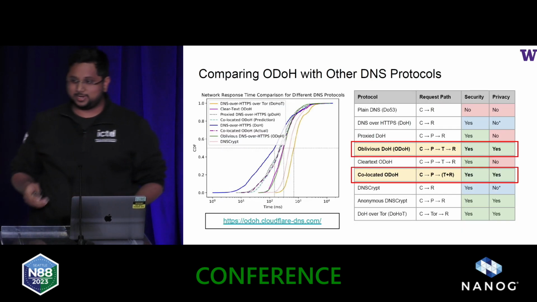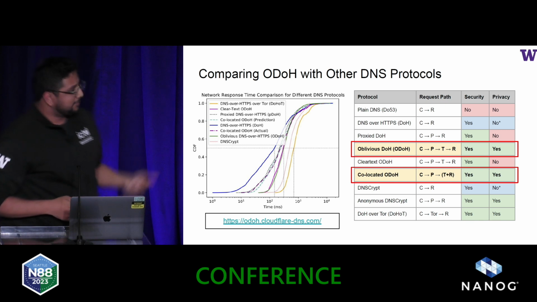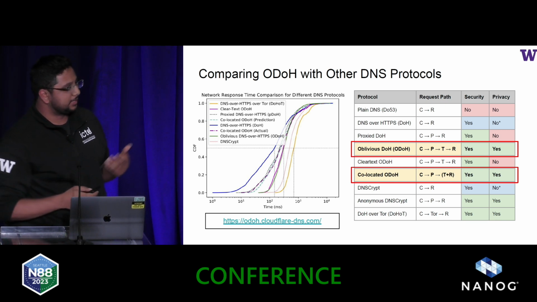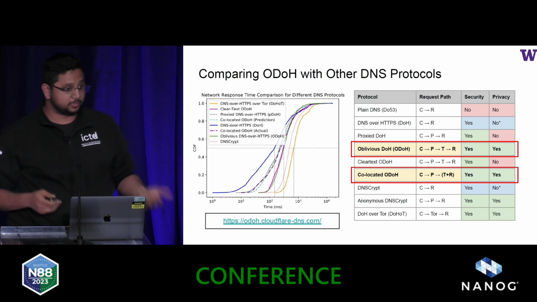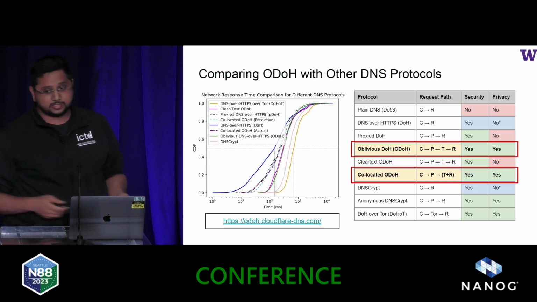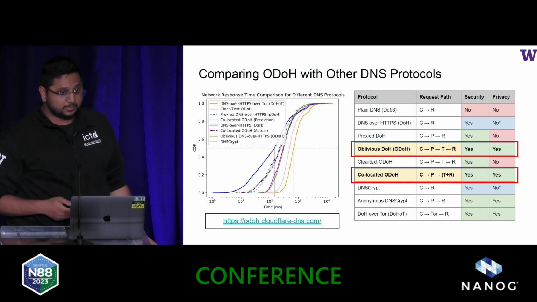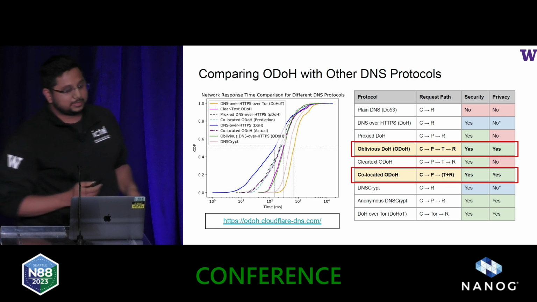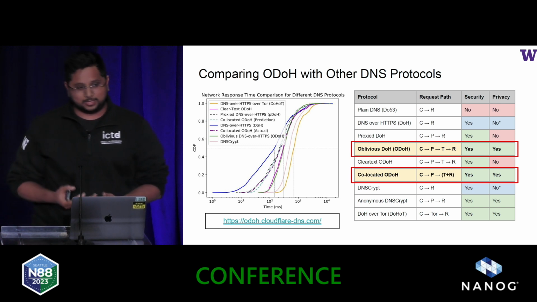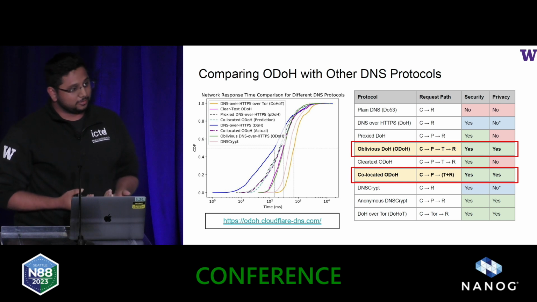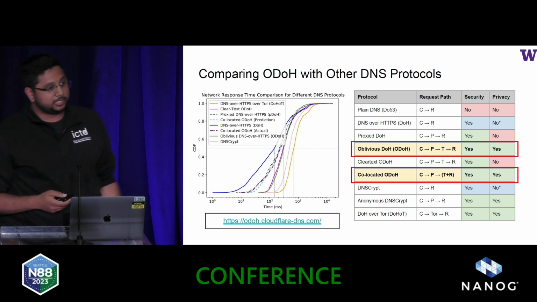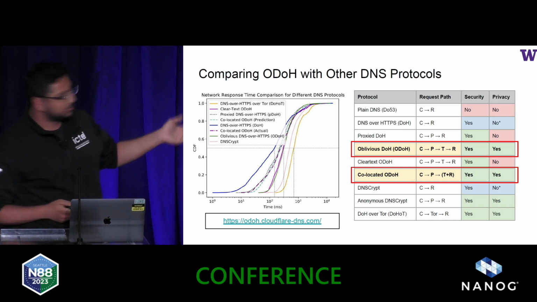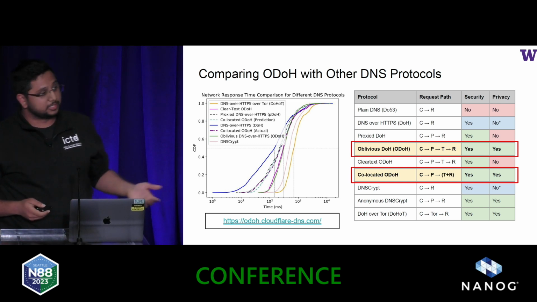So most of you might be wondering what happens to performance. The performance of using ODoH is a little bit worse than that of using DNS over HTTPS, but this is not due to the cryptographic overheads, but rather because of network path characteristics that exist. But at the same time, if we strongly agree with the assumption of non-collusion, they provide the same security and privacy guarantees as that of DNS over HTTPS over Tor, or using Anonymized DNSCrypt.